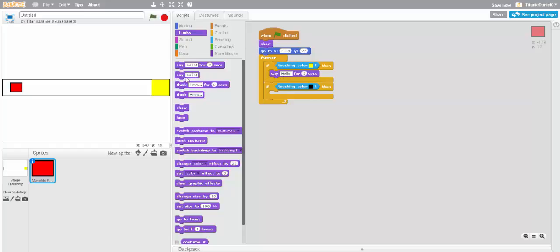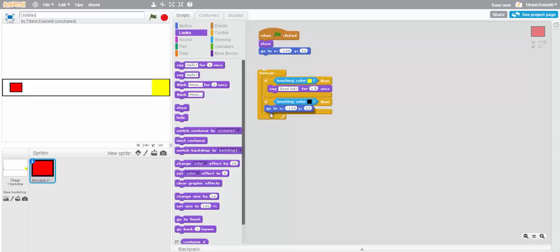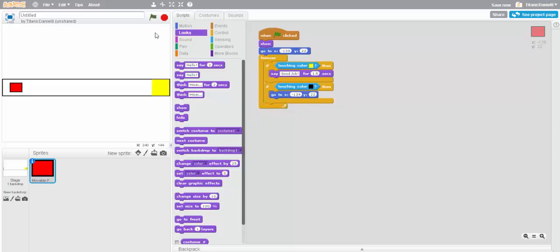I suggest doing this because this is a forever. So say good job for 1.5 seconds, and then touching color black, you're gonna want to duplicate. Oh nope, yeah, that's the problem. Delete, duplicate, put that in there, put that. So now,